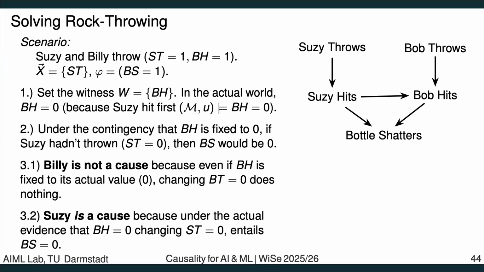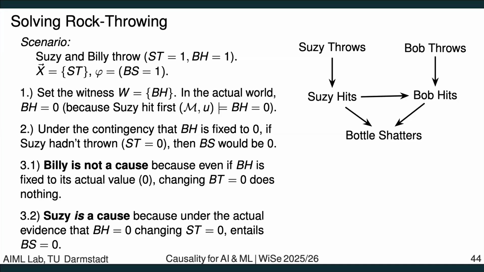As you see, defining these kinds of sets can be a bit tricky. You need to figure out which ones to intervene on and which witnesses to set. And on the other side, all of this effect propagation obviously also depends on the causal model that I have. So here, Bob throwing and Bob hitting and so on, it's also about how I set up my model, right?